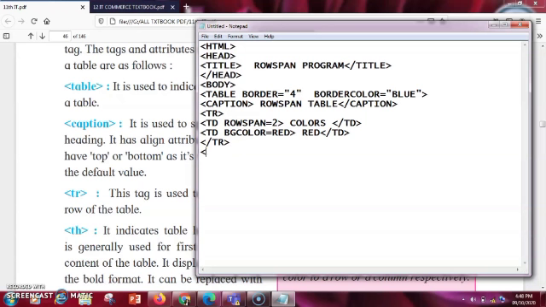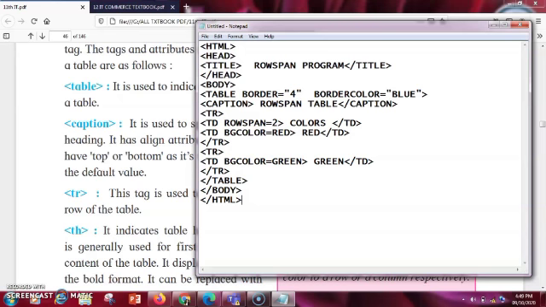Next, again I'll start with a new row, and then I'll enter a TD tag here. Inside the TD tag, I'll give a background color for that particular cell. I'll choose a background color like green, and then that green will be displayed. Then /TD and /TR. So I have ended the row here, and now it's time to end your table tag, along with the body tag and the HTML tag. So that's all about the row span.